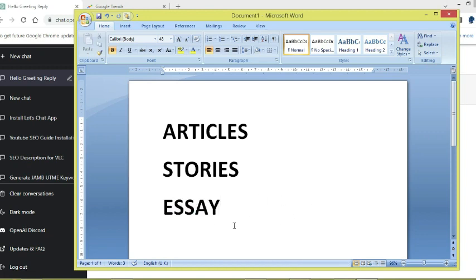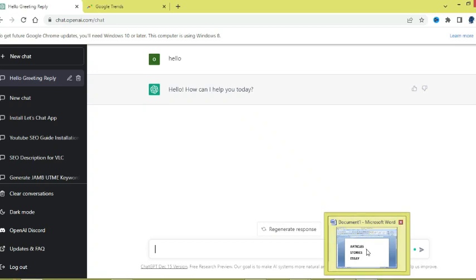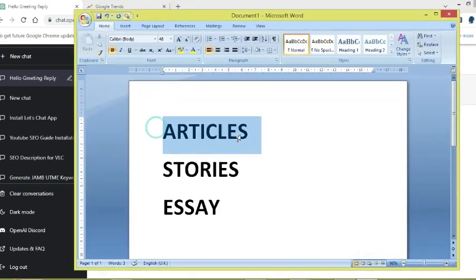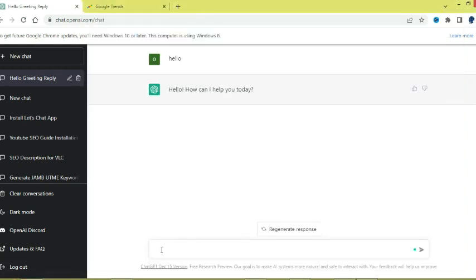So this is the ChatGPT platform, and I'm going to start by asking this question. Social media posts range, and I'm going to show you three. We're going to use it to generate articles, we're going to use it to generate stories, and then we're going to use it to generate essays. And you can easily use them in your social media handle, and people will be like, wow, that is very, very great. So the first question is, write an article